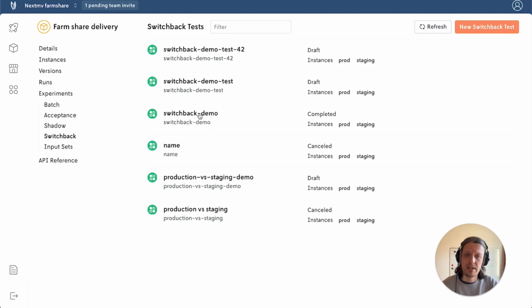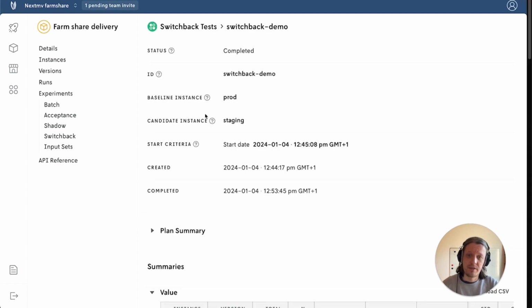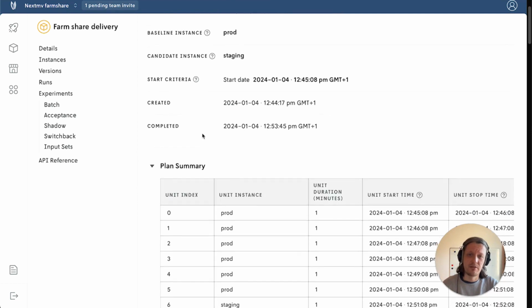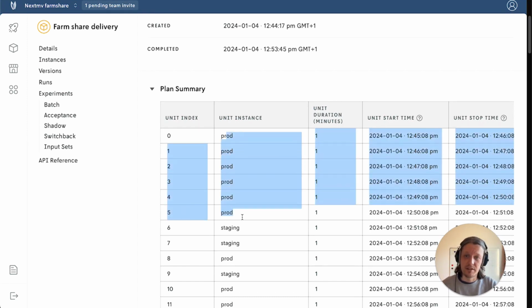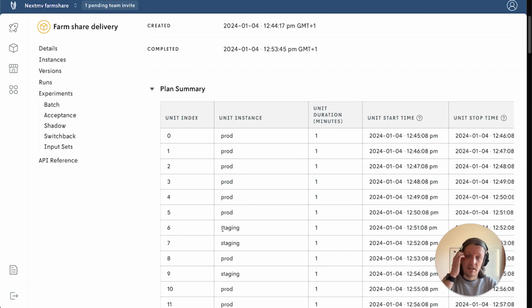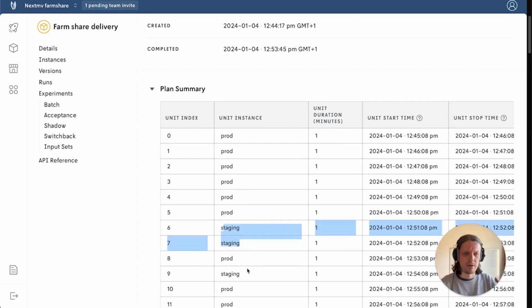All right, so how does the data look like? For that, I already created a switchback demo here, and I've created a bunch of these already. And this one here was a bit different. What I did is, I also let it run for, I think, 40 units, but each unit duration was just 1 minute, just for demo purposes. So we would switch every minute. So the first 6 minutes was production, and then staging, production, staging,